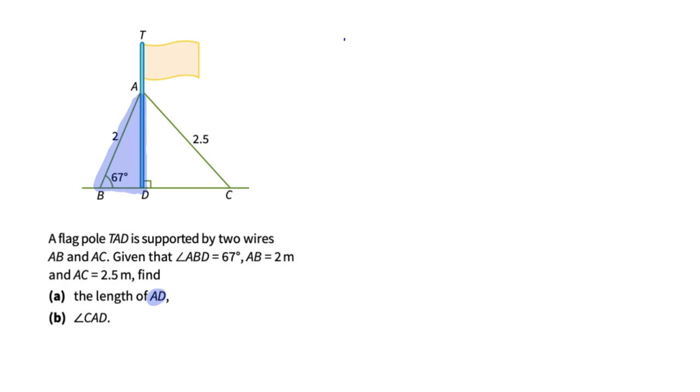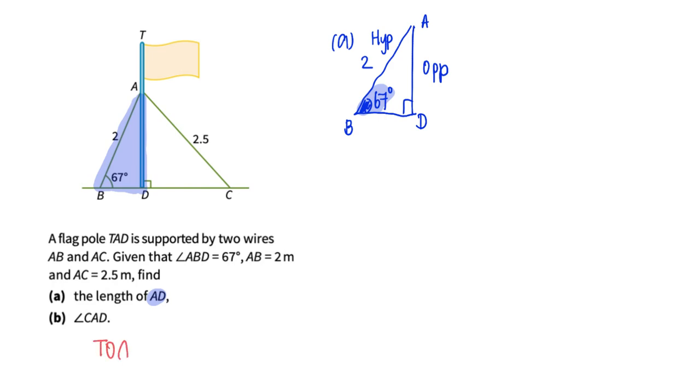And from here, for part A, I usually like to do a quick sketch of A, D, and B, because then I will be able to see that my 2 is my hypotenuse. AD, which is the length that I need to find, is my opposite side when we consider the angle 67 degrees. And with TOA CAH SOH, having O and H,